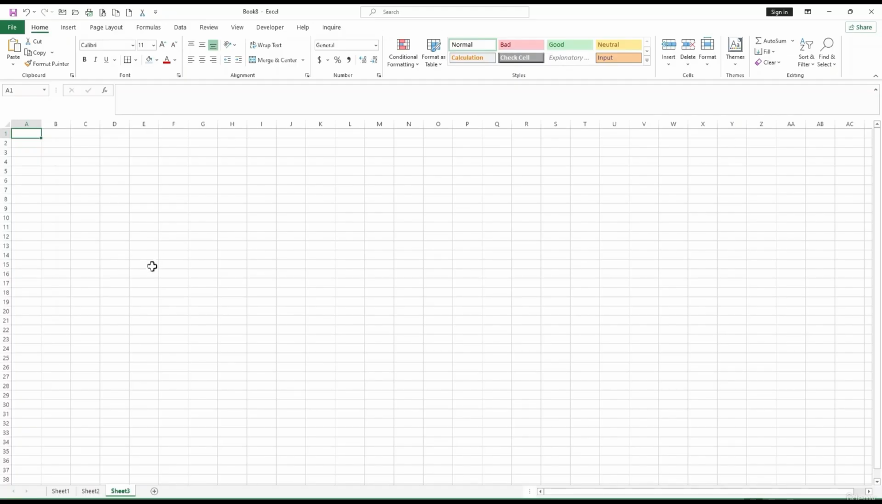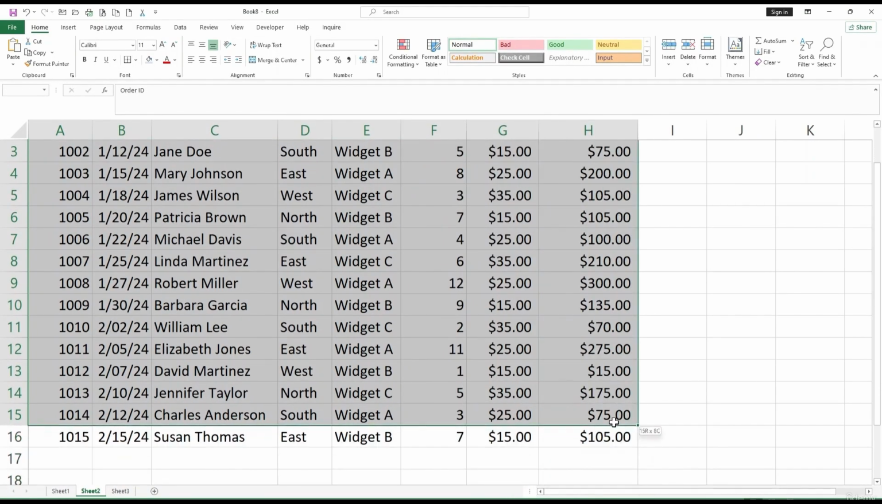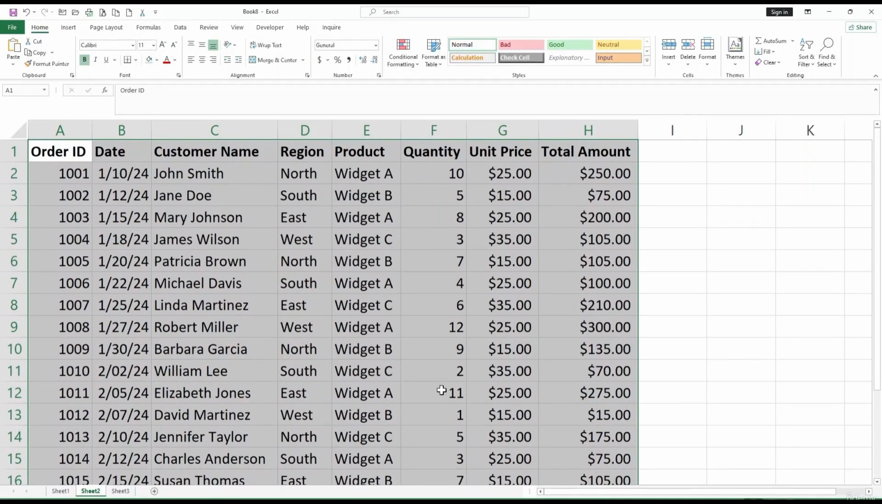Okay, so first up, you need to open up Excel with the data you want to sort. For this example, we will use a list of sales data. Okay, so here you can now see we have this data. So click and drag to select the range of data you want to sort. Like here, if I want to sort this one, make sure that you include the headers